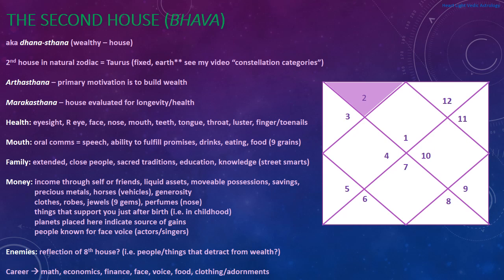And he was a famous orator. He was a famous lawyer. He was a famous president for the speeches that he gave. And most of the learning that he did, he basically taught himself, or he had, I think, family who would give him books and stuff like that. So it was just this informal education through his childhood. But he, I think, up until the age of 16 or something, only formally went to school for 1 or 2 years, which is pretty amazing. So just as an example of what the second house can give.